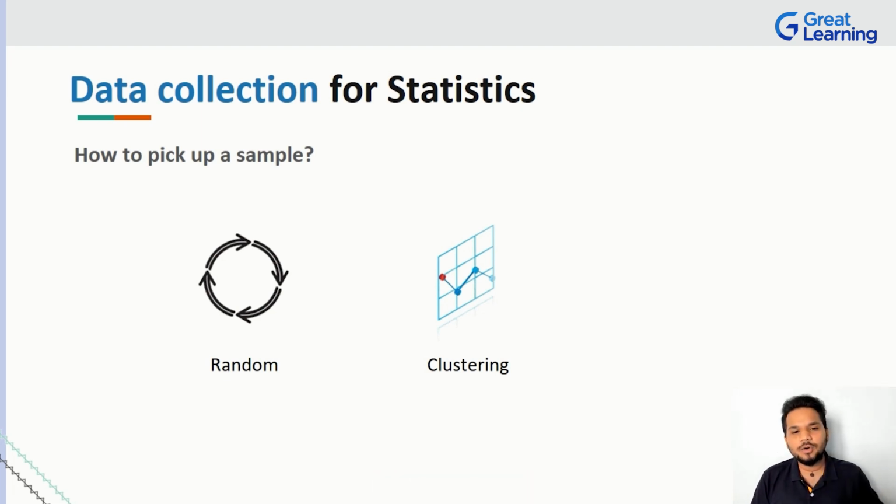So let me tell you what random sampling is, right? If I give you a box full of Lego bricks, various colors, I mix it up and give it to you, and you say, hey, I can pick up anything I want. What would you probably do? You just put your hand in it, pick up some Lego Jenga blocks, whatever it is, and you put it on the ground.